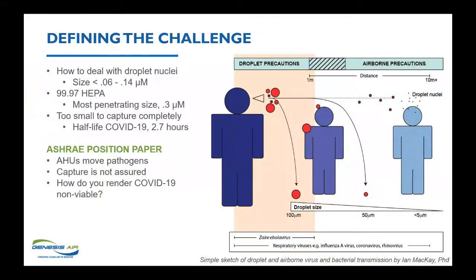This is just defining what that video showed. The droplet nuclei size of COVID-19 is 0.06 to 0.14 microns. Even a 99.97% HEPA filter will let things smaller than 0.3 microns go through. Now, while it will capture most of it, let's not exaggerate here. There is a certain amount that goes through, and the minimum infection dosage of COVID-19, I've seen no papers that